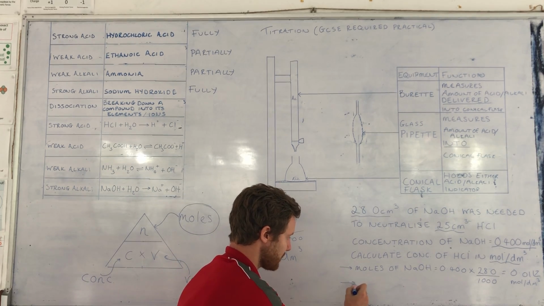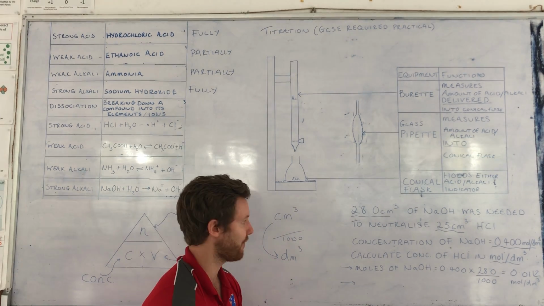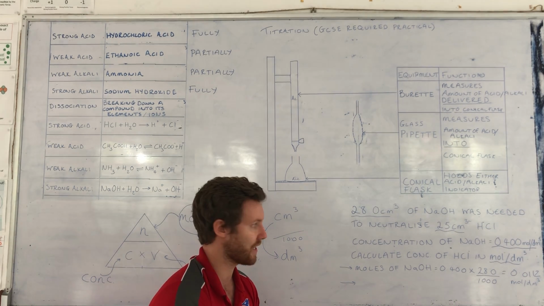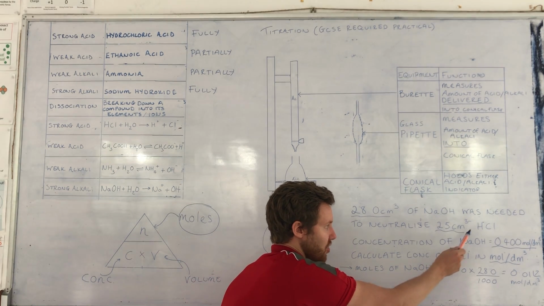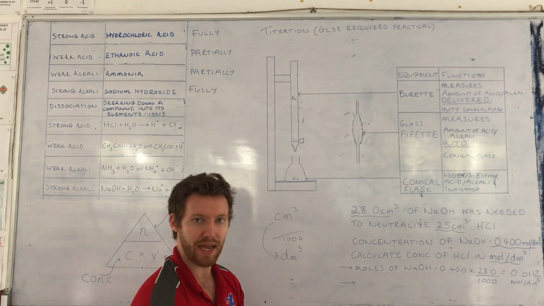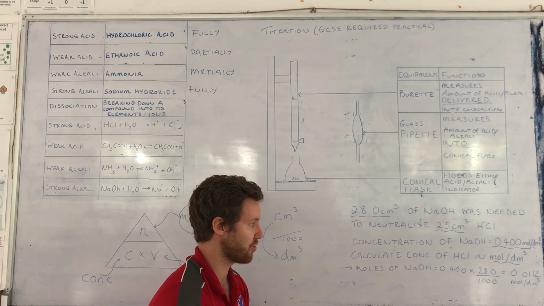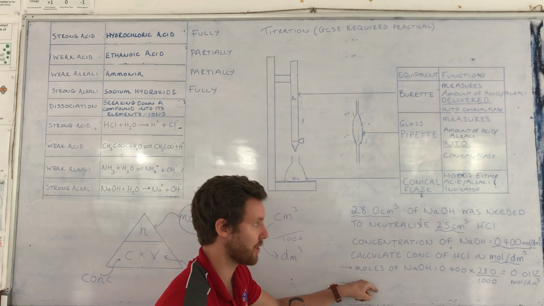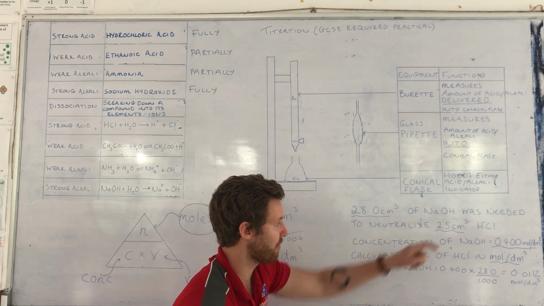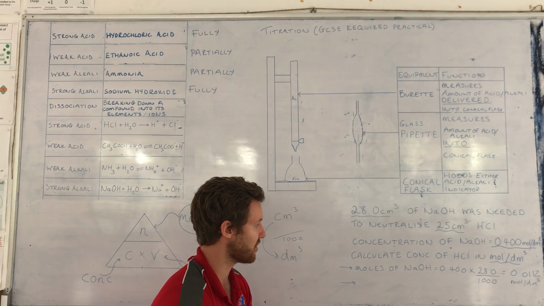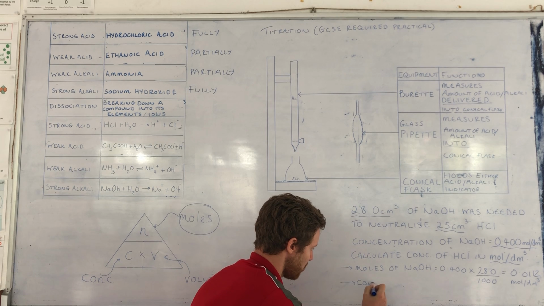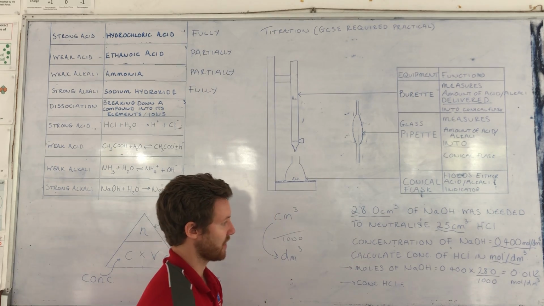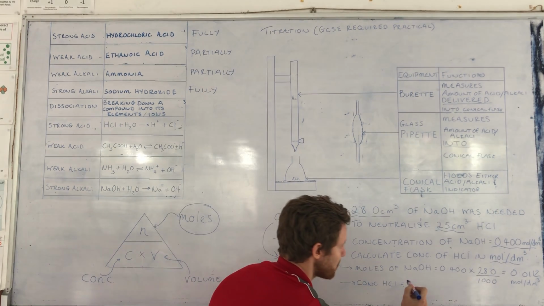Okay, next step. Here is the nice little trick we can have here. Within any GCSE question, they're going to make it nice and simple. We say we are now in what we call a 1-to-1 molar ratio. So the information that we've taken from our sodium hydroxide, we can just bring it into our next step and use it for our information for our hydrochloric acid to calculate the concentration. So let's take it step by step. So we are calculating the concentration of hydrochloric acid. And to do that, we are going to take our information from moles of sodium hydroxide, so